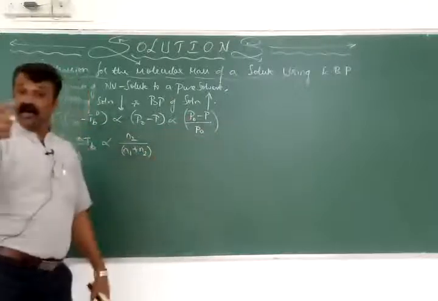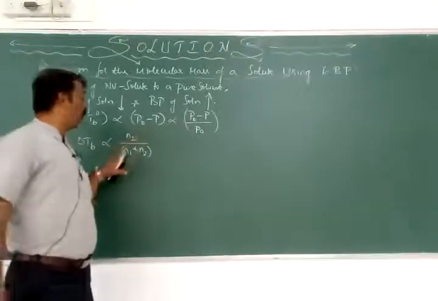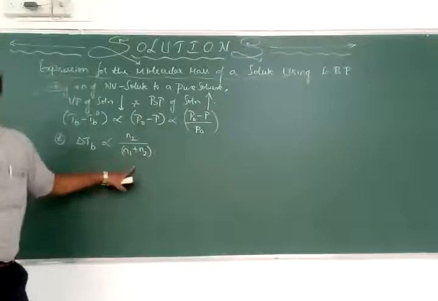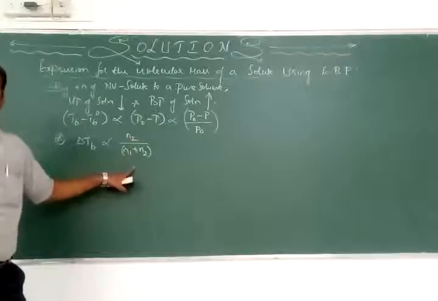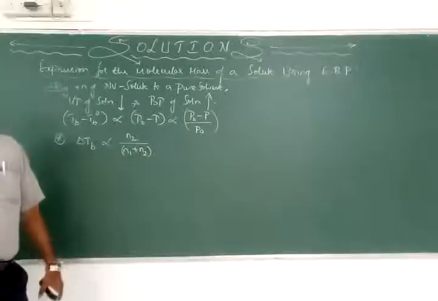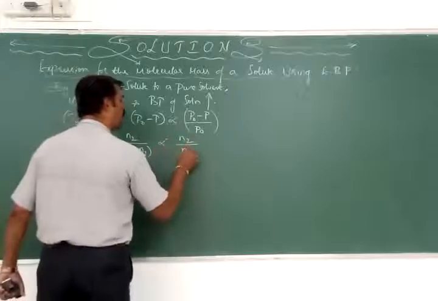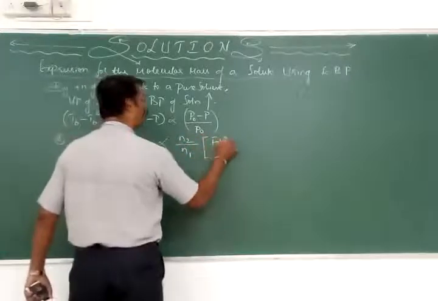What is RLVP? Relative lowering of what pressure? Vapor pressure. Relative lowering of vapor pressure is equal to the mole fraction of the solute. Mole fraction of what? Solute. According to what law here? Raoult's law of RLVP, relative lowering of vapor pressure, which is proportional to N2 divided by N1, because for a